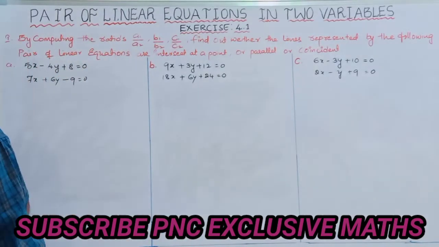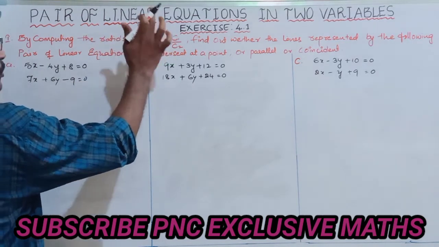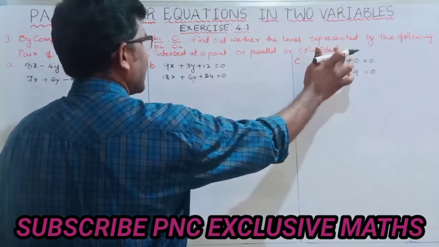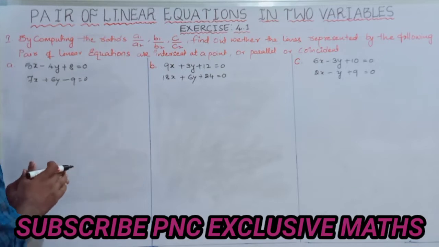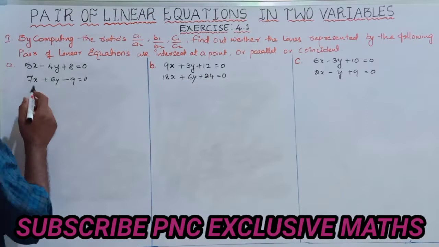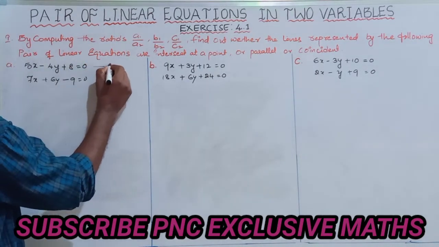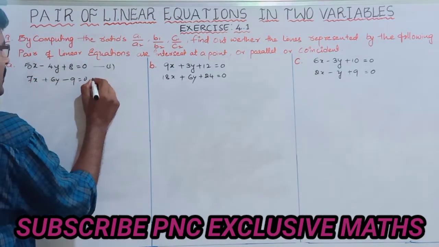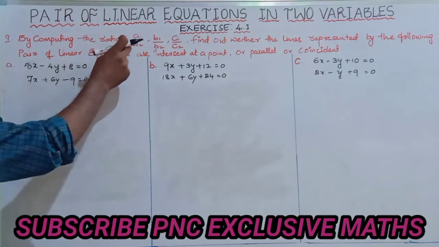So first bit, by computing the ratios A1 by A2, B1 by B2, C1 by C2, find out whether the lines represented by the following pair of linear equations are intersecting lines or parallel lines or coincident lines. So first question, 5x minus 4y plus 8 is equals to 0, equation 1. 7x plus 6y minus 9 is equals to 0, equation 2. Now comparing these two equations by ratios,